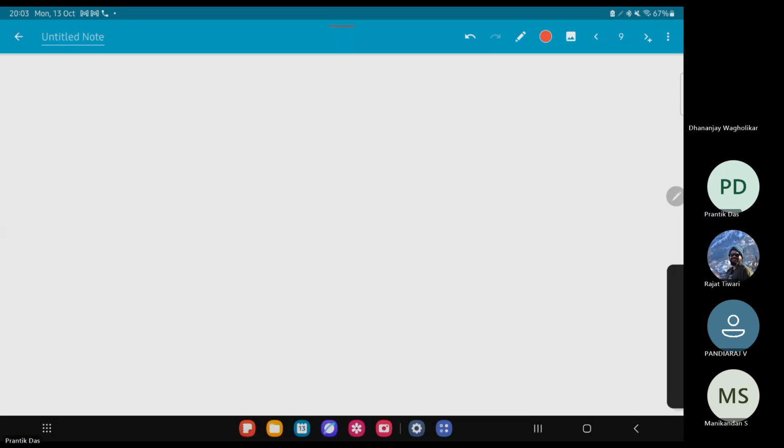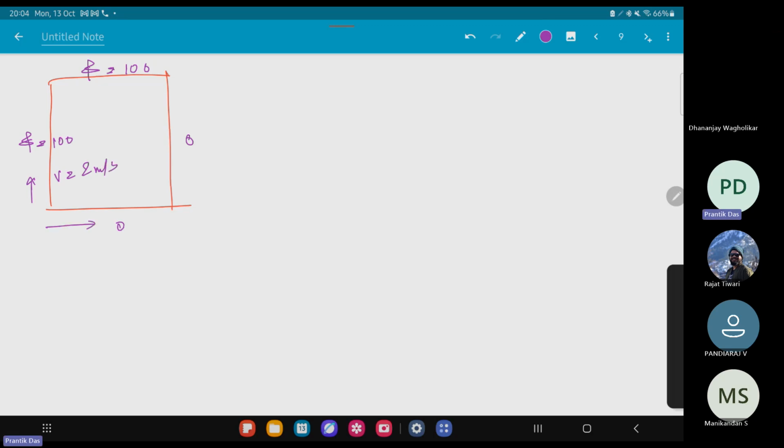Yeah. So it was a domain like this. The main reason was some of the issues that we have with the upwind scheme. So phi equal to 100, phi equal to 100. Phi can be a scalar, a temperature, or a concentration. Leave it like that. We have two velocities: v equal to 2 meter per second, and u equal to 2 meter per second. And along this x-axis itself, which is a line joining the diagonals of the square,